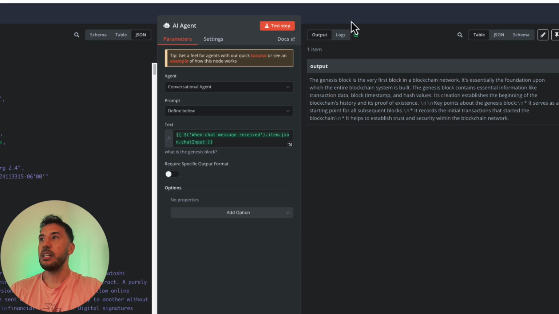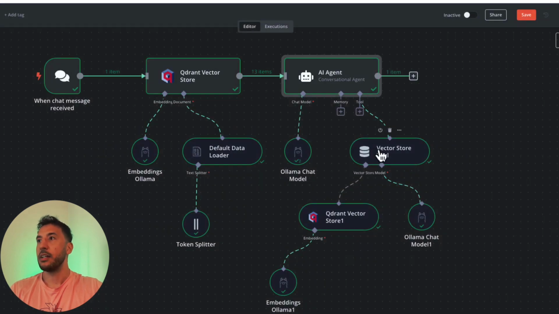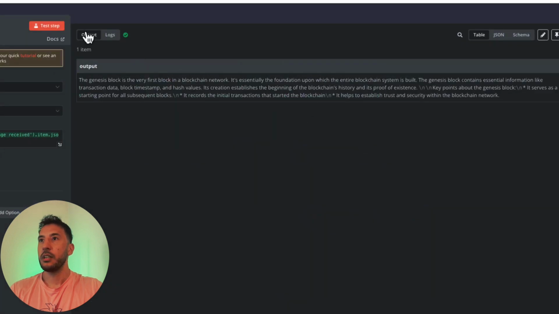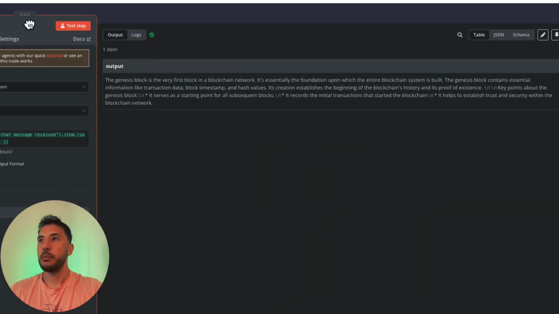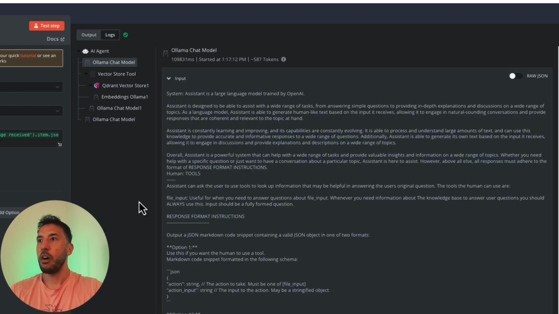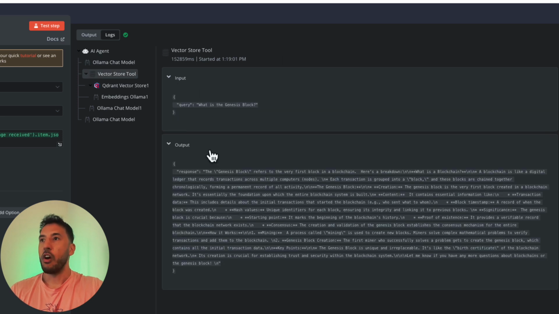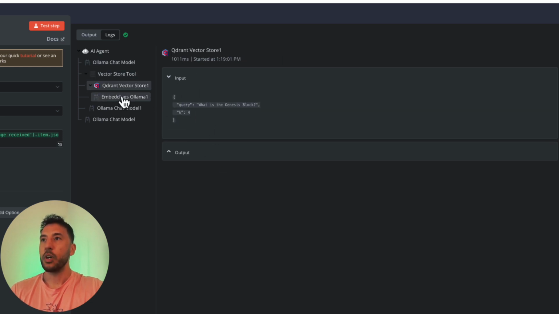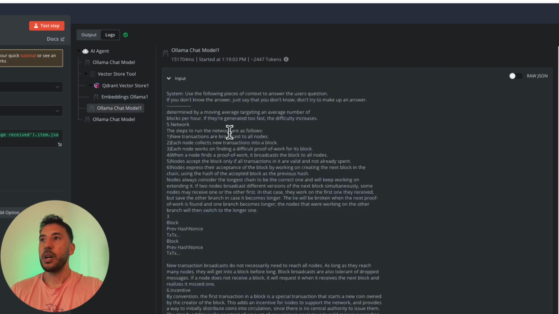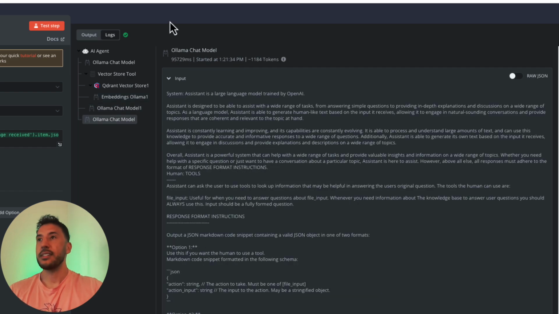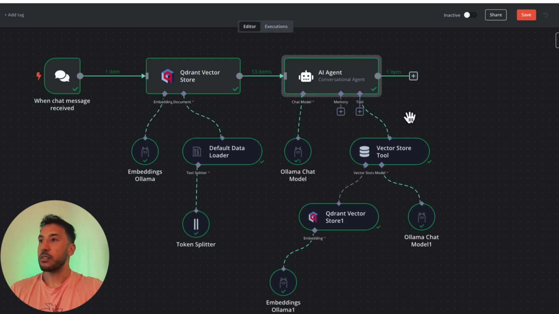And we can actually see the logs here to make sure that this was done properly. If we click on the AI agent, right now this is showing the output. So let me pull this aside, and if I click on log, all right, perfect. As you can see, all of the tools will utilize the Ollama chat model, the vector store tool, the Qdrant vector store, embedding Ollama 1 and chat model. So this gives you that log of how this entire process works and what the responses were to come up with this reply for the user when they ask that particular question. All right, so looks like everything worked out great.